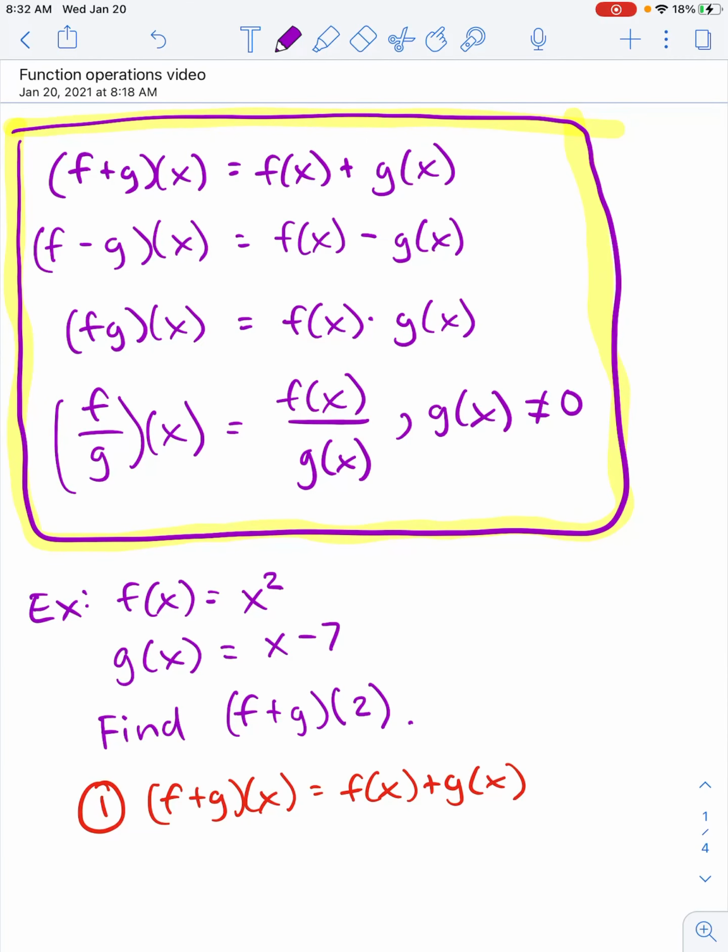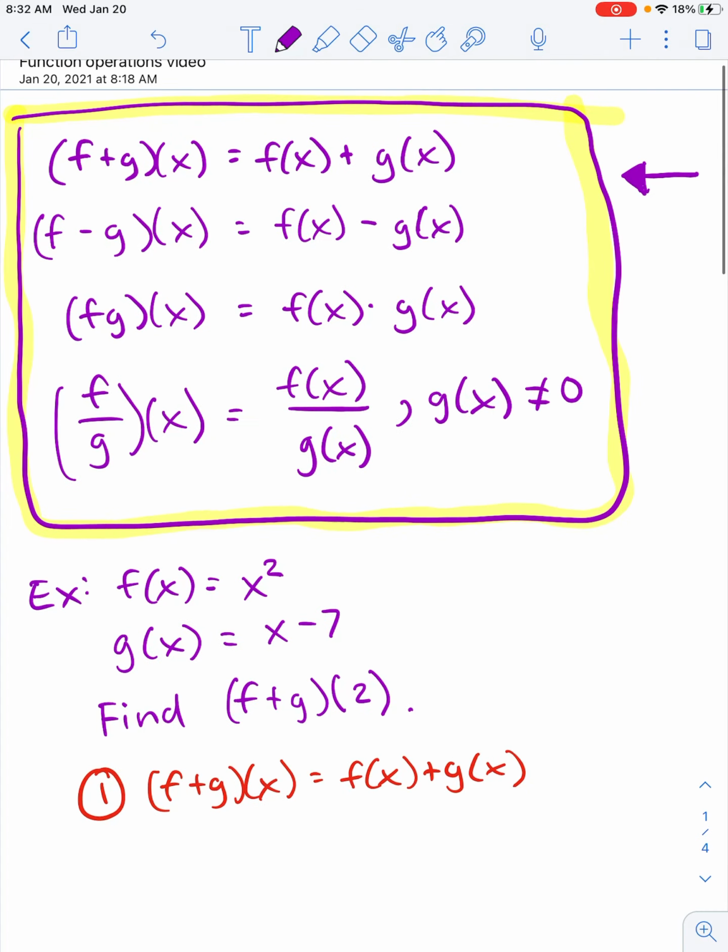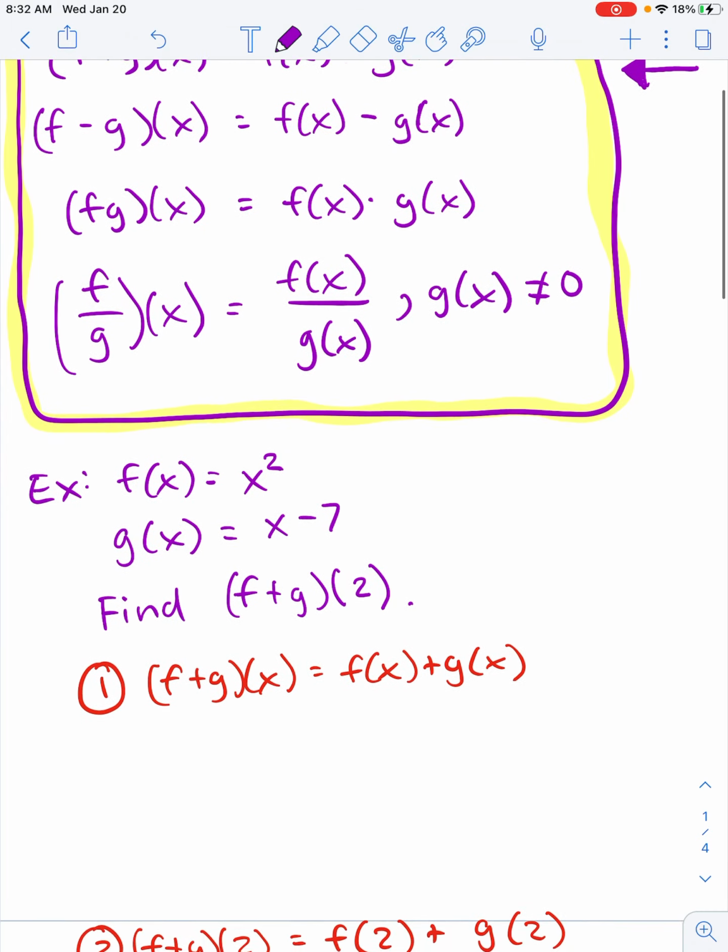This video is going to talk about function operations, and I have a box here with all of the operations that you need to know. They're pretty intuitive. Basically, if you want to take the sum of two functions, you're going to add them together. If you want to subtract two functions, you just subtract them, you multiply them. So I'm going to skip straight to the examples so that we kind of get used to what kinds of